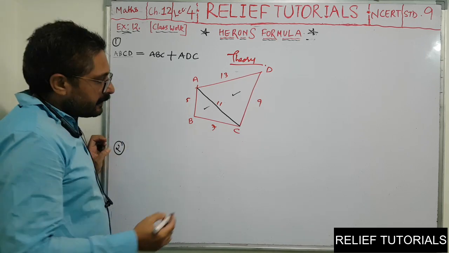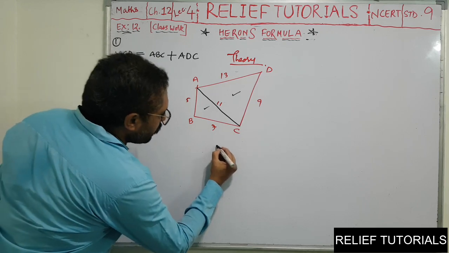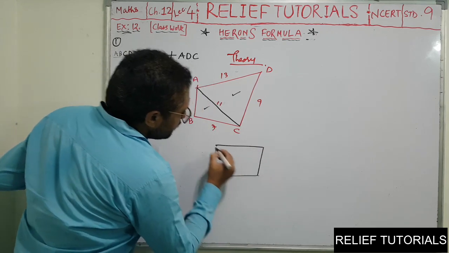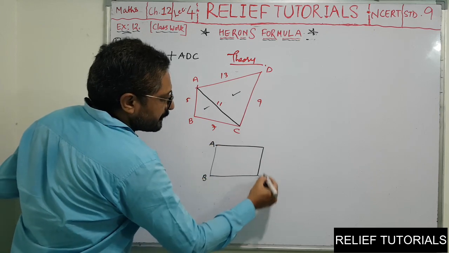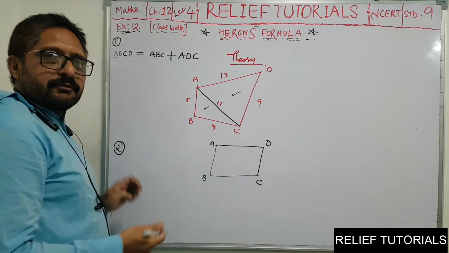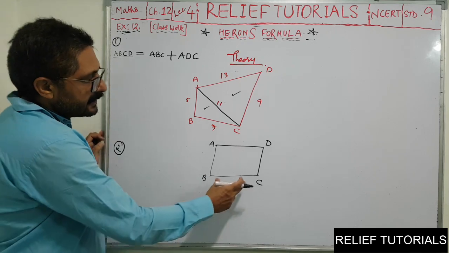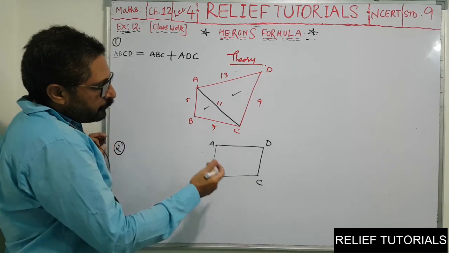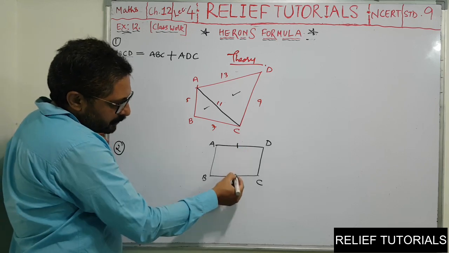Then parallelogram, we'll see a few theory points of parallelogram. You might be knowing what a parallelogram is. See, all this you will learn in the previous chapters of your standard 9th. Suppose this ABCD is a parallelogram. So we'll discuss a few properties of parallelogram. You know, area is nothing but base into altitude. Clear? Now, a few properties in a parallelogram, you know that opposite sides are equal.